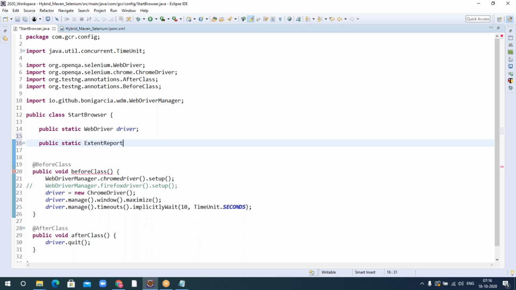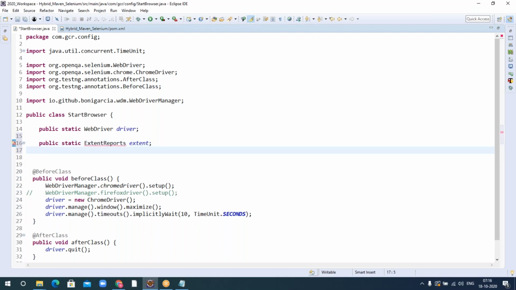Extent report. Extent report is the class. I'm just creating a variable for that. I'll import all the packages later. Public static extent test, I'll just say parent test.